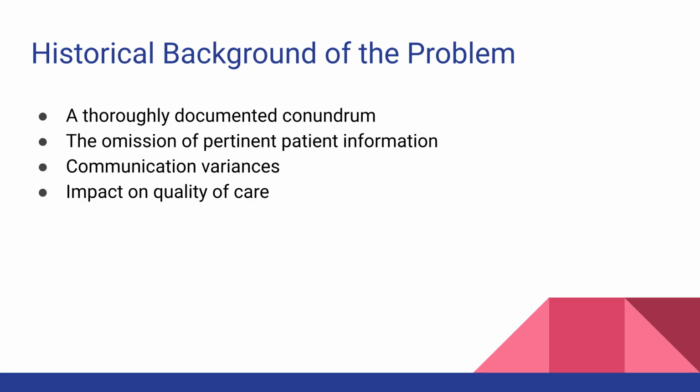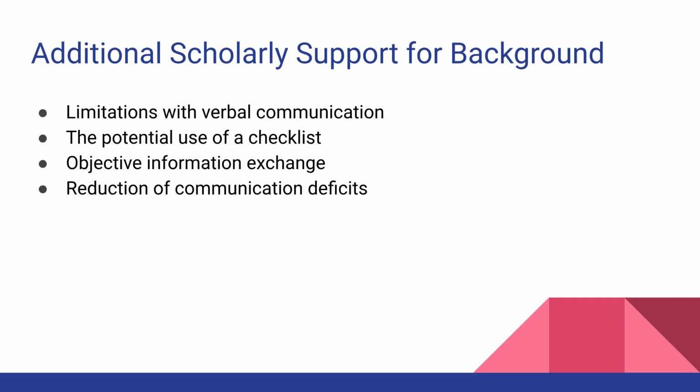For example, a nurse may leave out patient details which they do not feel are crucial to convey during the handoff. Without the use of an objective template to be followed during the handoff, the information that oncoming nurses receive is highly varied. This variance directly affects the patient and the quality of care that workers are able to provide. Relying solely on verbal communication during shift handoff allows for medication errors to take place. To combat this issue, one scholarly article suggests that using a checklist during the shift reporting process drastically decreases such errors. By utilizing a standardized reporting framework such as a checklist, nurses can objectively convey all pertinent information about the patient during the handoff. This in turn improves patient safety while reducing communication deficits.